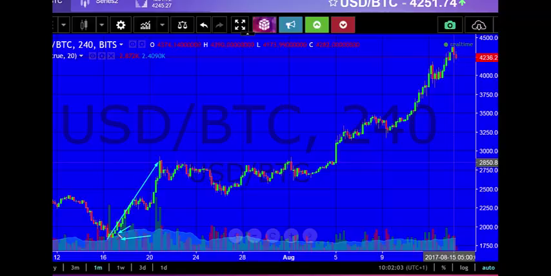It looks like an ABC, and it could be an ABC, but it could be a 1, 2, 3, which is an alternative count, but I'm calling it a 1. We then have this 1, triangular 2, and a 3, which I'm calling the 2 wave. Now, since then,